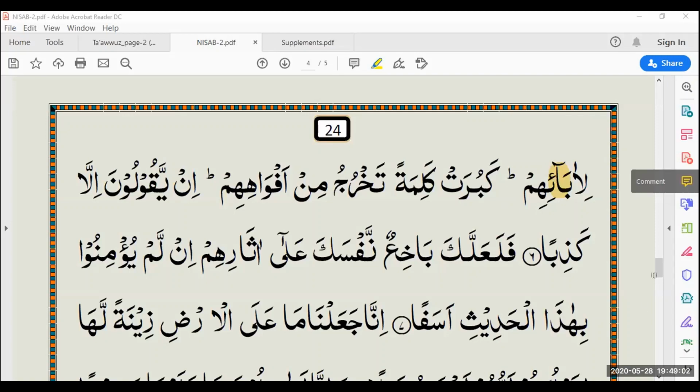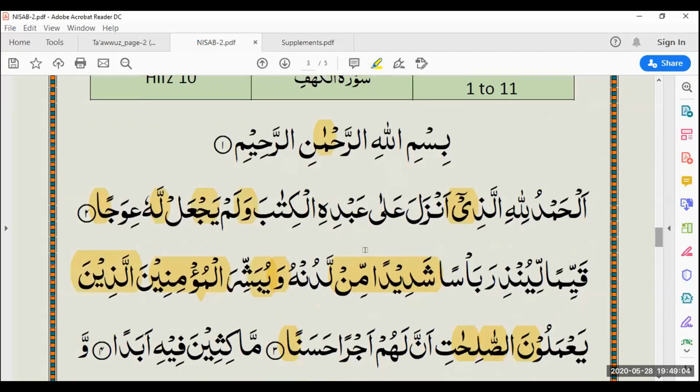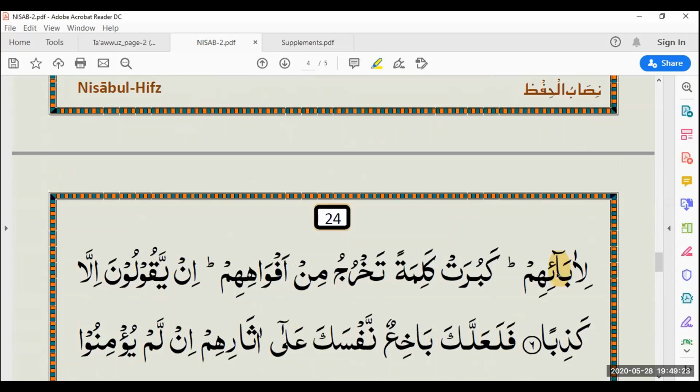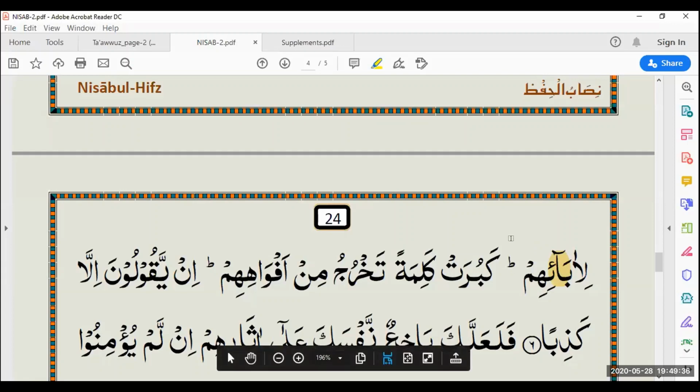However, madul munfasil, if I just scroll up quickly, as you can see here, alladhi and then anzala. So the ya is involved and the hamza alif is involved, and these both letters are from different words. So it involves two. However, we only have one word completely here. If a letter is haruful mad, as you can see that alif is one of haruful mad, and it is followed by hamza, then it will be prolonged for 4 seconds, and it involves one word only. Jazakumullah.